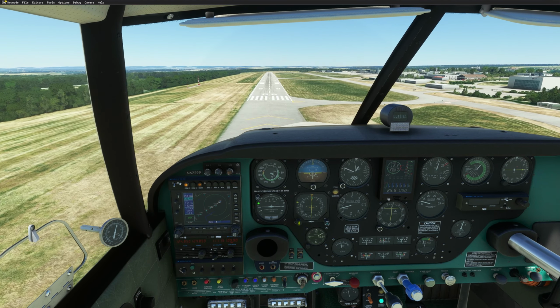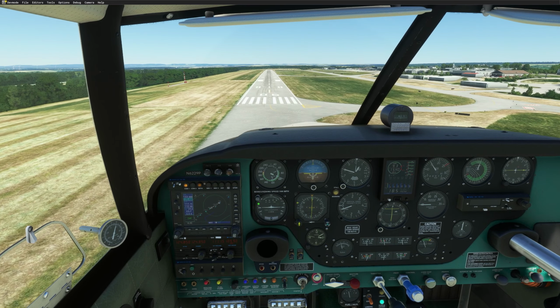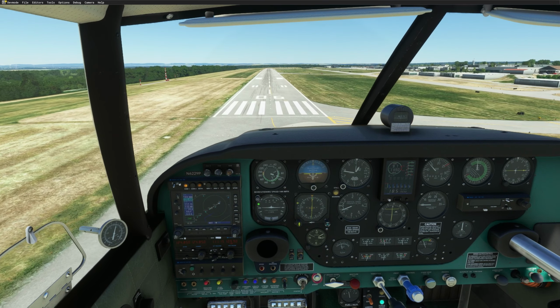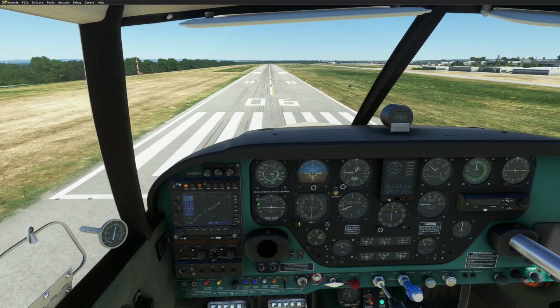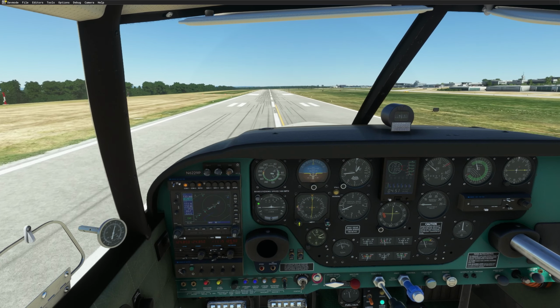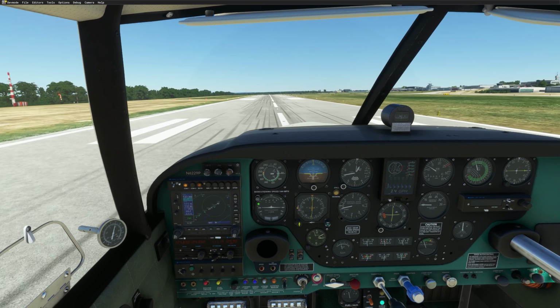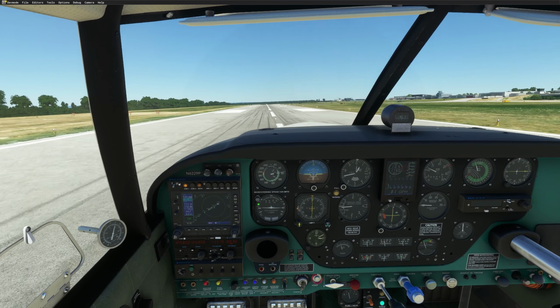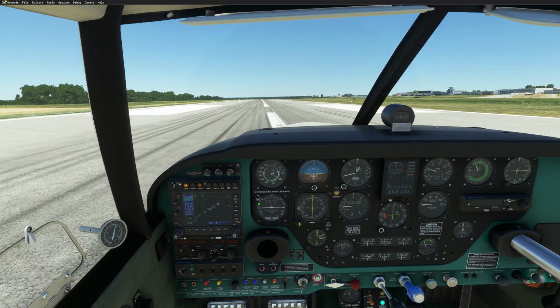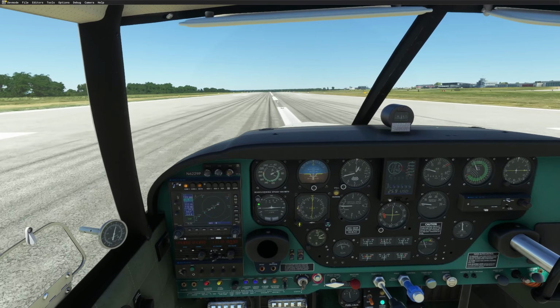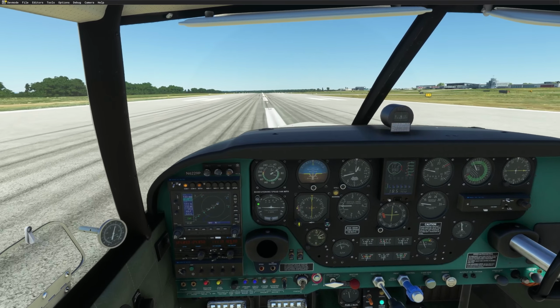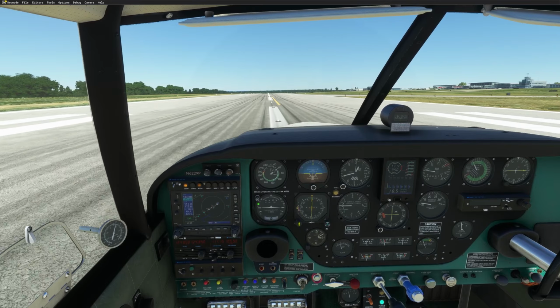All right, now let's close the power, and let's hope this time I can flare slowly when it's time to flare. Not too early, not too early. Here we go, here we go. Not too bad. All right, keep the center line, and we will stop just out of the runway here,